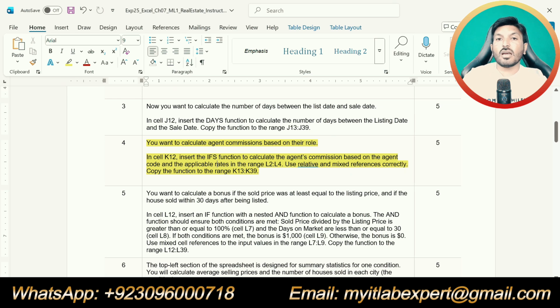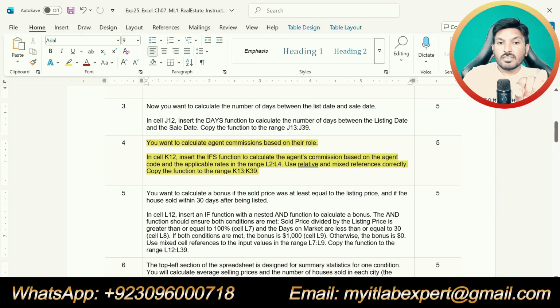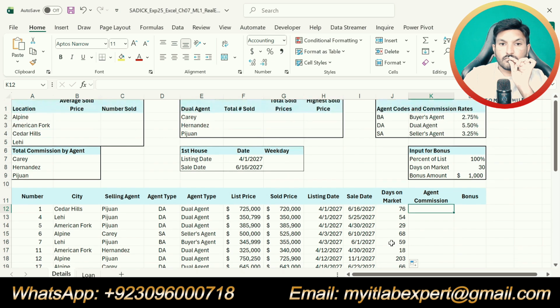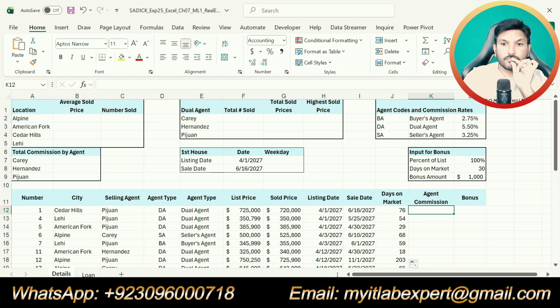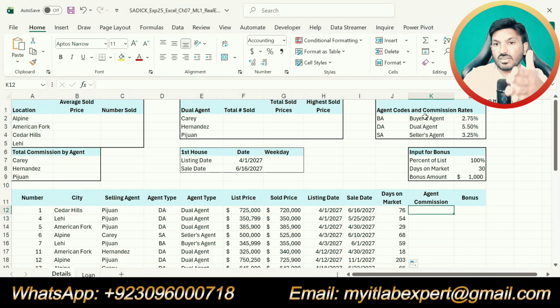So in this step we are going to use the ifs function so that we can calculate the agent commission in cell K12, based on the agent code, and the agent codes are given in here.